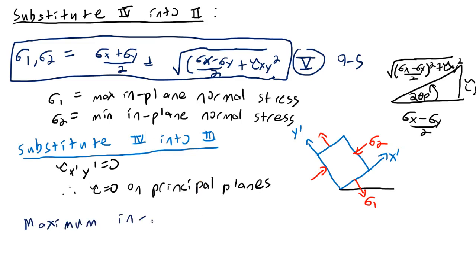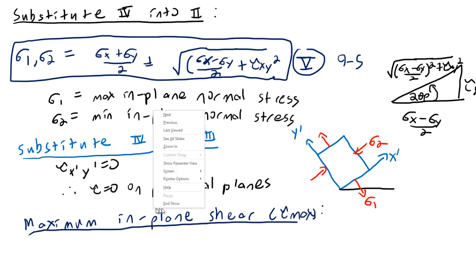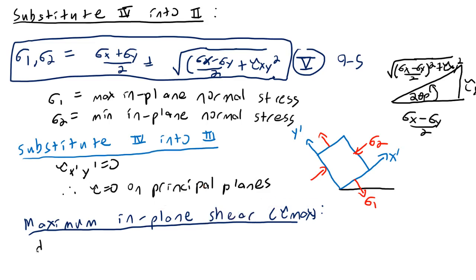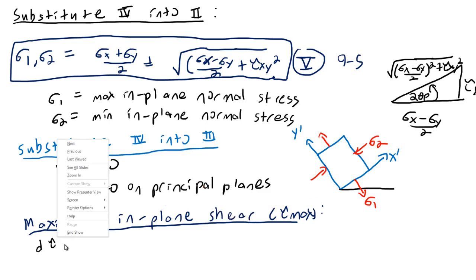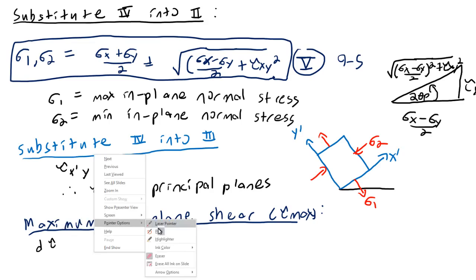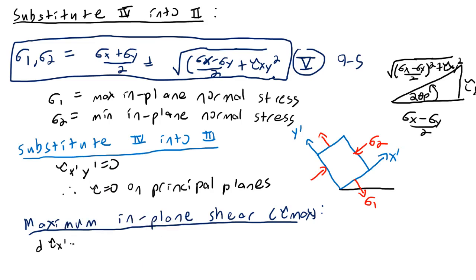Maximum in-plane shear stress. So what if we want to know at what angle the maximum shear stress occurs? Tau max. Well, we're going to do the same kind of derivative and setting it equal to 0. So d tau x prime y prime over d theta